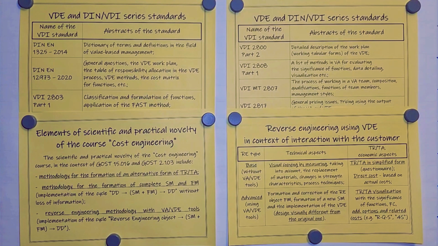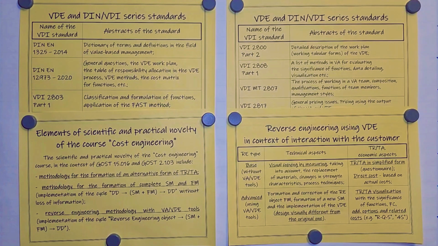the closest in terminology to the domestic school of value analysis, and secondly as a fairly complete system of standards that provides a comprehensive description of the general business processes of cost engineering, both at the level of design and local analysis and at the level of project management, i.e. teamwork. The first and the most general standard that I would like to mention is the DIN